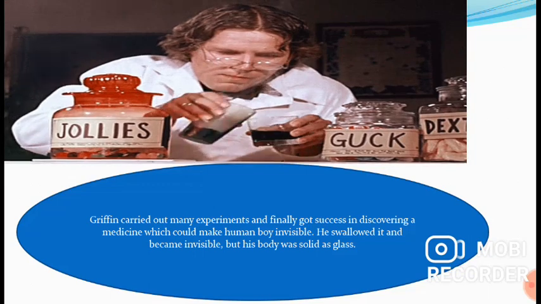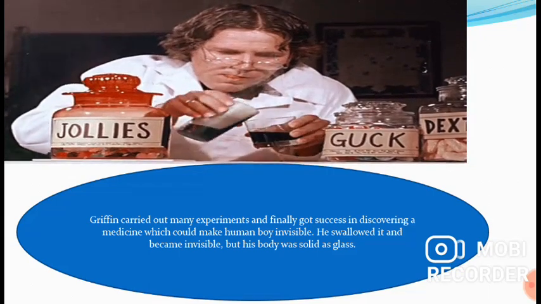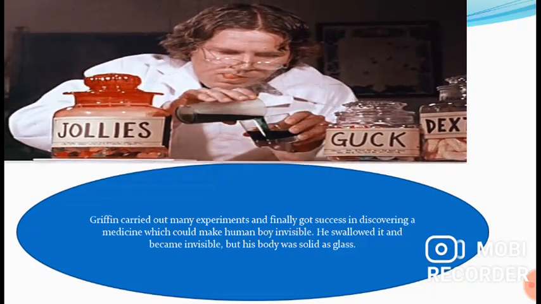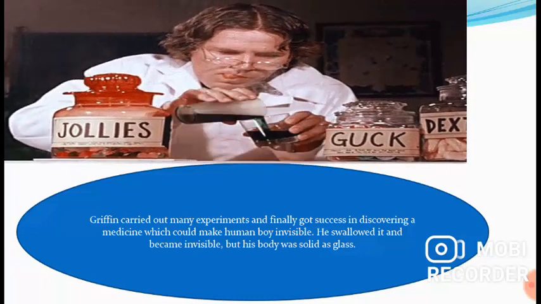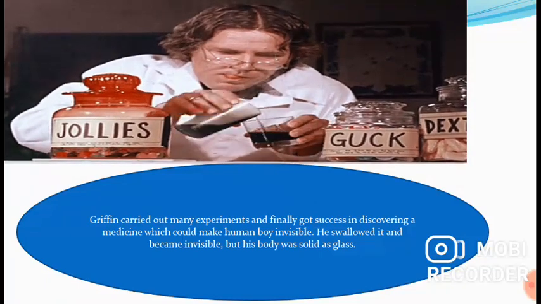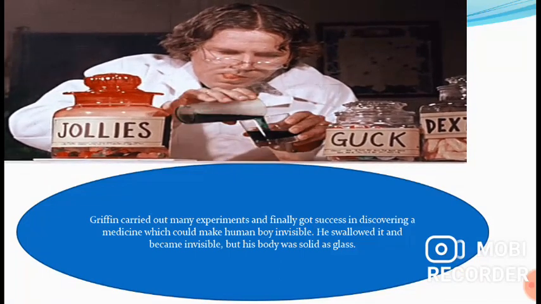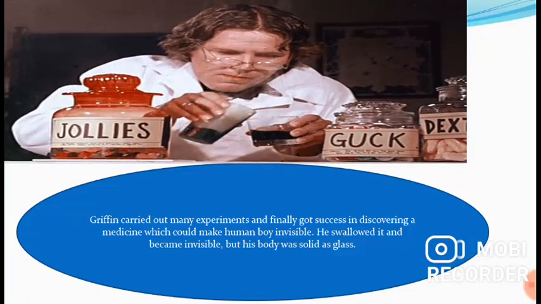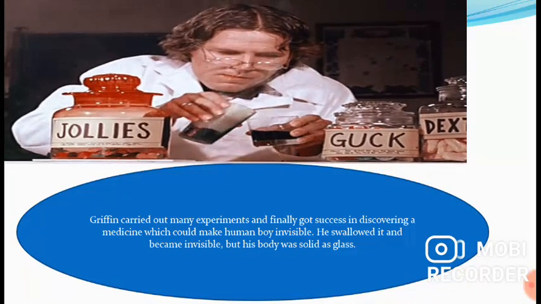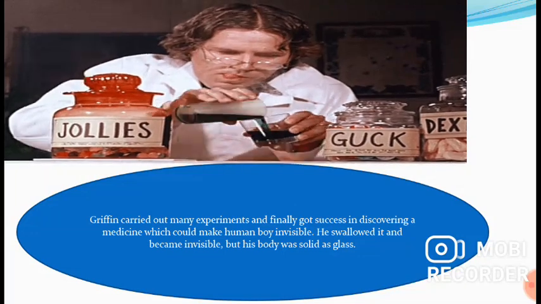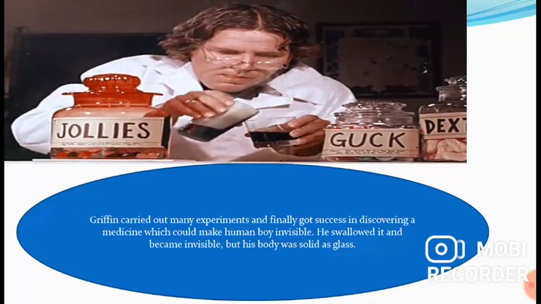After taking it, our body will become transparent. You know what happens when we are able to see anything? We are able to see anything only when, as science says, the light is reflected from that object to our eyes. And if the light is not reflected from that object and it goes through it, and does not return back to our eyes, we cannot see that thing. This is the law of being invisible. So the scientist believed that if anyhow he can make the human body transparent, then the human body will become invisible. So he carried out many experiments, and finally he was able to invent a medicine which can make a human body